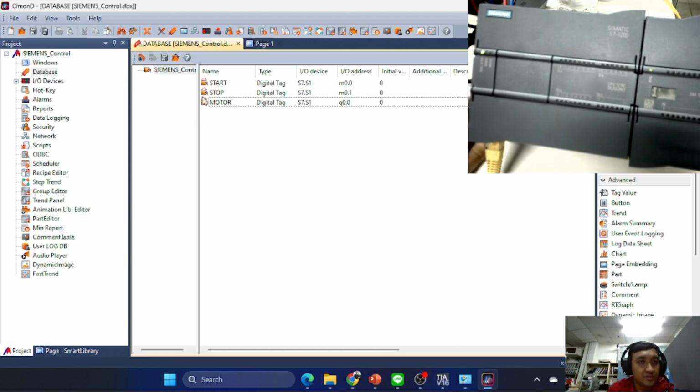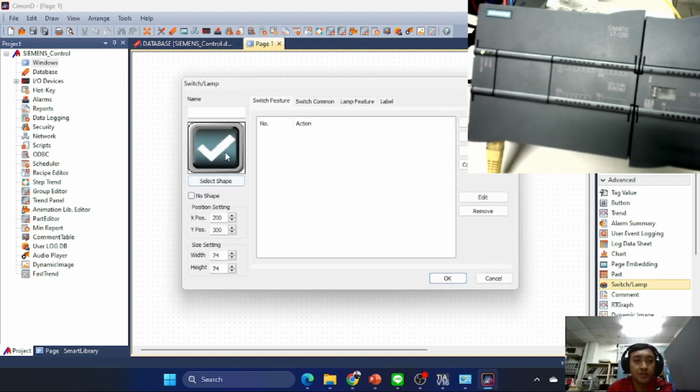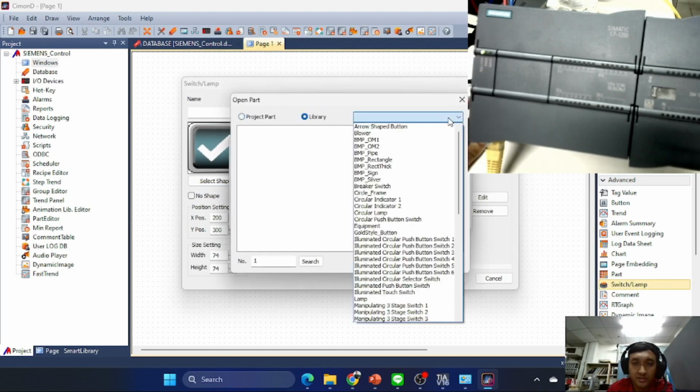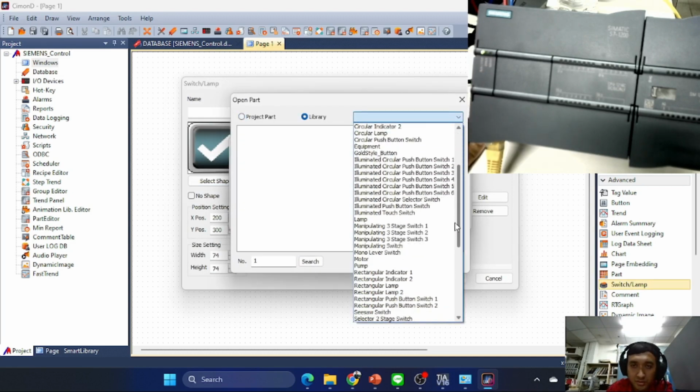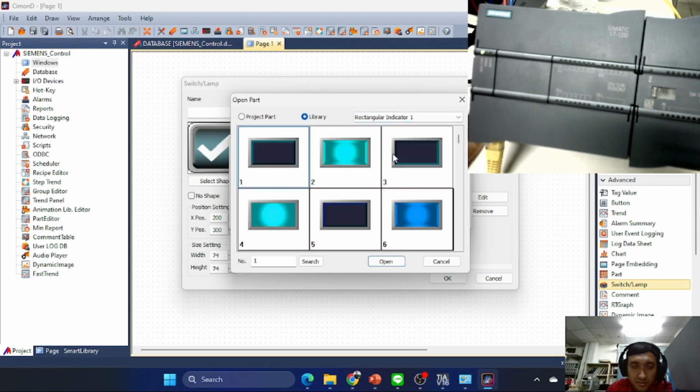Now we need to make the user interface. We put a switch, select shape, open. You can choose any button.